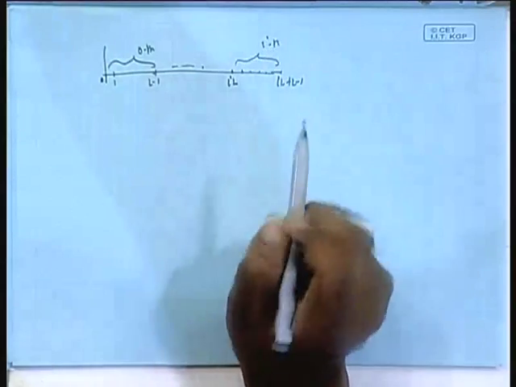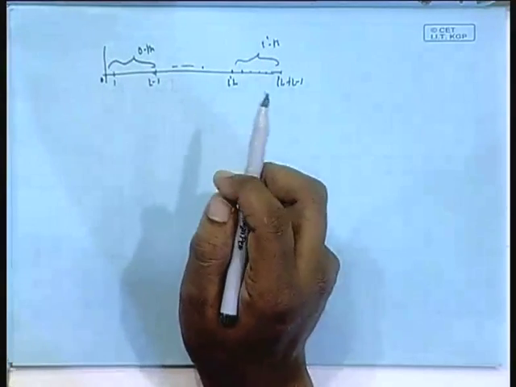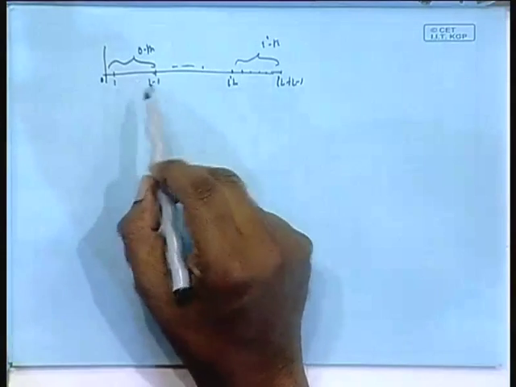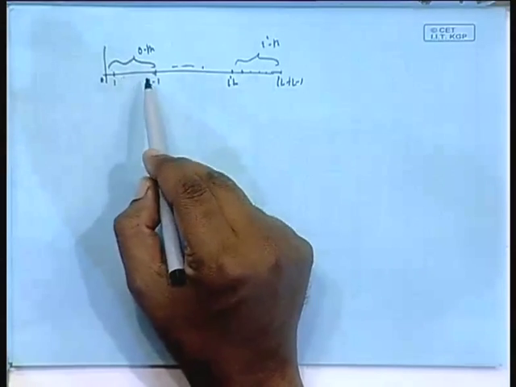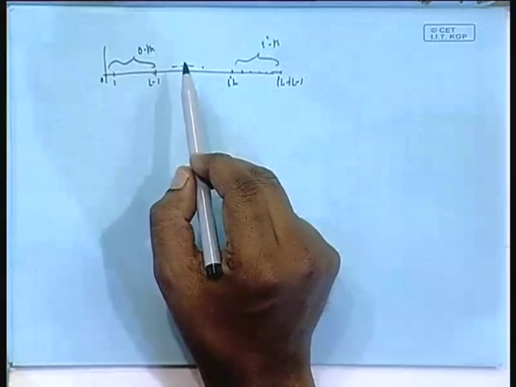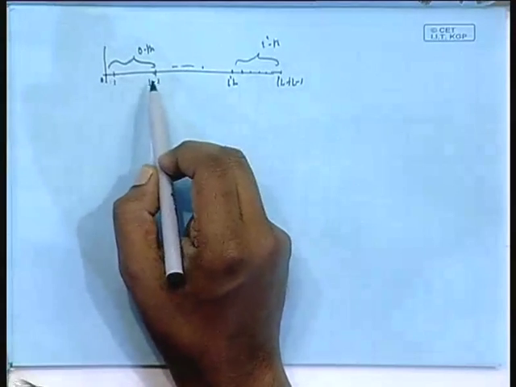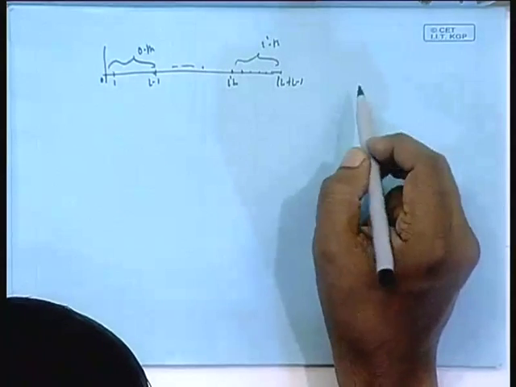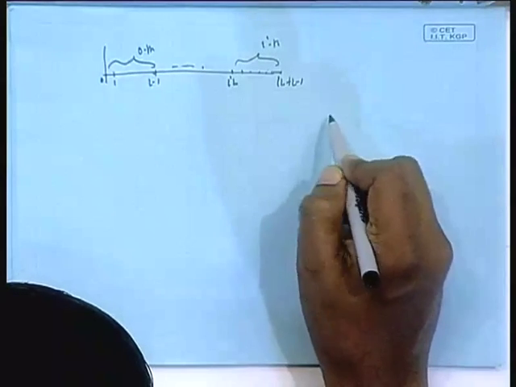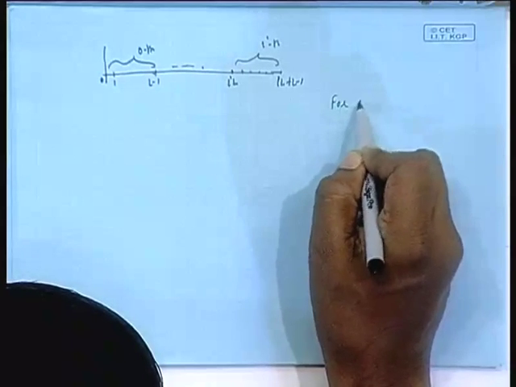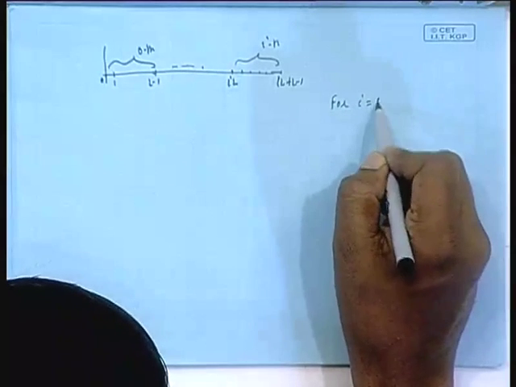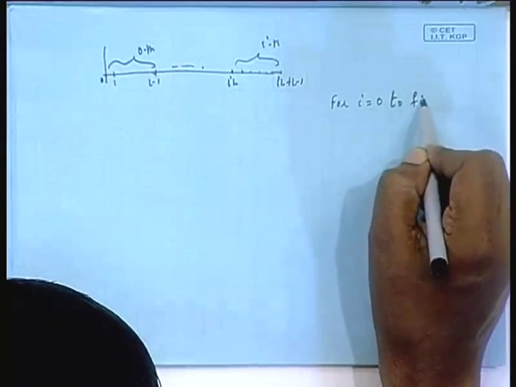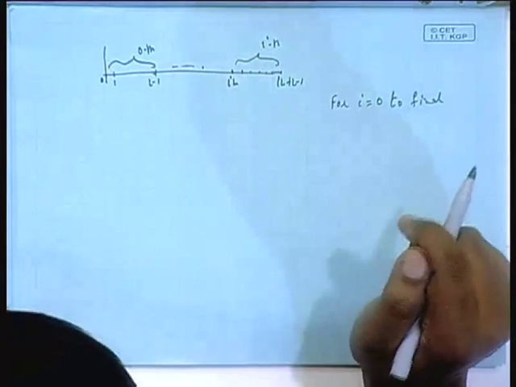Over each block, we are keeping the filter weight constant. Unlike the LMS algorithm, where filter weights are changing at every index, we are doing iteration from block to block. And within the block, we use the same weight. So, basically, the algorithm was like this: for i equal to 0 to, i is the block index, the 0th block to say the final block. Final could be anything of your choice.